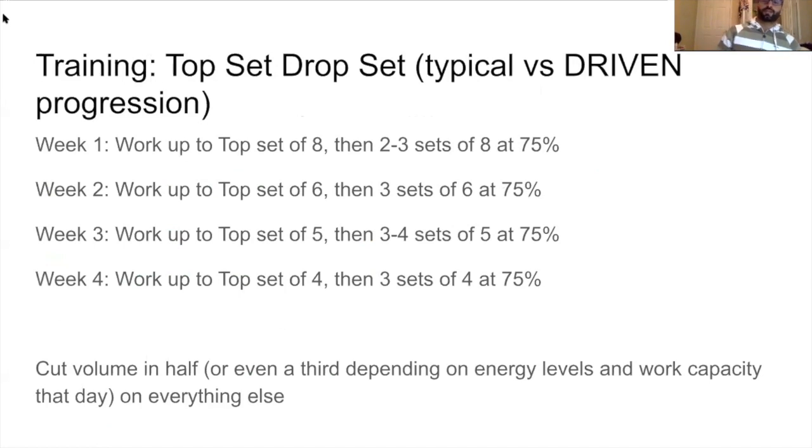So top set, drop set. Someone like Sadaf, he's in month 5 of the Driven Men's Fitness program, so he's going to be able to just do the 3 sets of drop sets after the top set. For you, Akram, you're entering month 4, which means that you're actually going to be doing different amounts of the drop sets after the top set. But essentially the way the top set, drop set method works, typically, not when used specifically for you, Akram, but just typically. So for Sadaf, for Michael Ramos, who was on this call earlier, I believe, and for the other